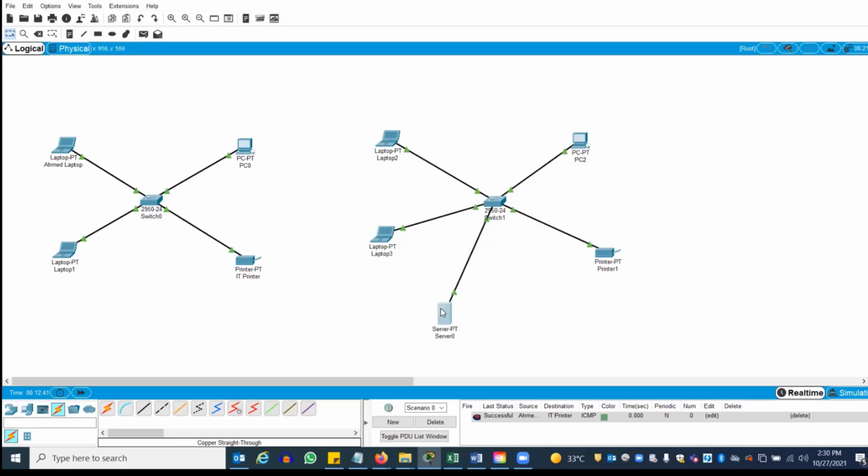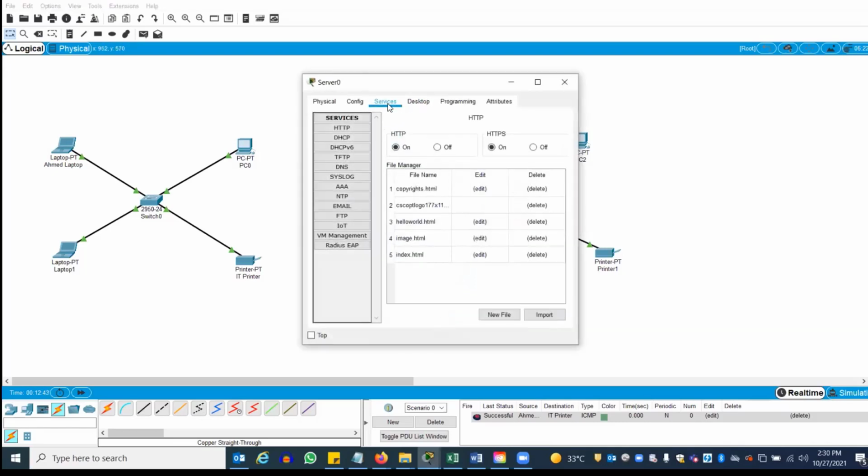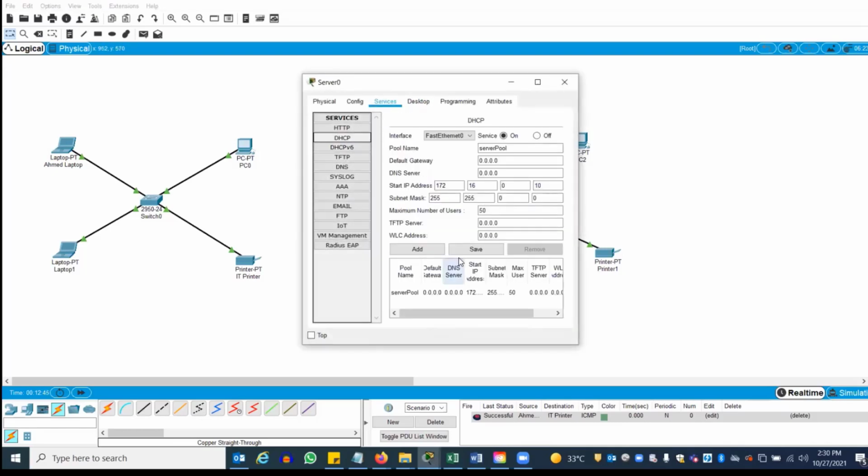I will show you how I did it. Go here, services, DHCP. The start is 172.16.0.10. I didn't put 5 because 5 is already assigned to the server. I'm starting from 10, so it will supply IP addresses from 10 till 60, because 10 plus 50 is 60, right? The maximum number is 50.